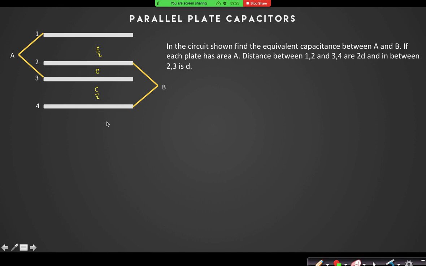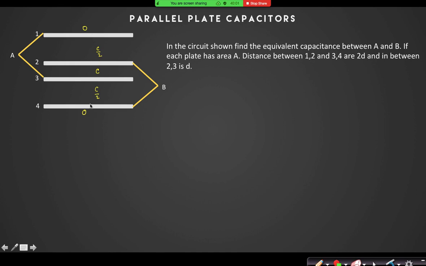How do I draw their circuit? Look, there is a particular way that you need to understand. First, draw the plates one by one. Can you tell me what will be the charge on the extreme face of the plate 1? Outer face of the plate 1, what will be the charge of outer face of the plate 1? 0. And what will be the charge on the outer face of the plate 4? 0. So each of the other plates will have both the surfaces, both the faces carrying charges, except